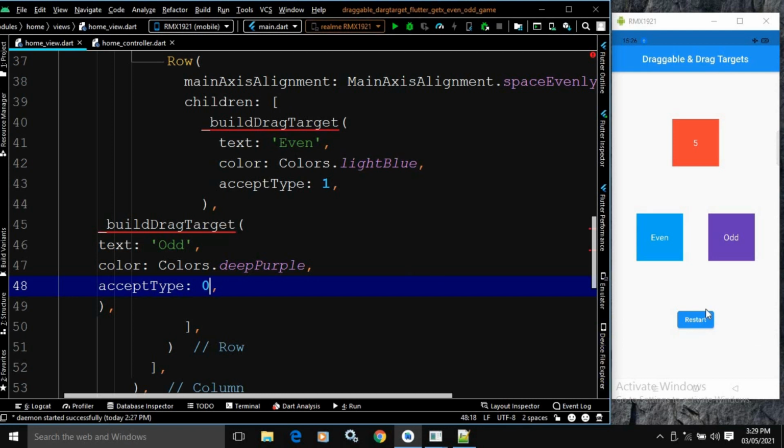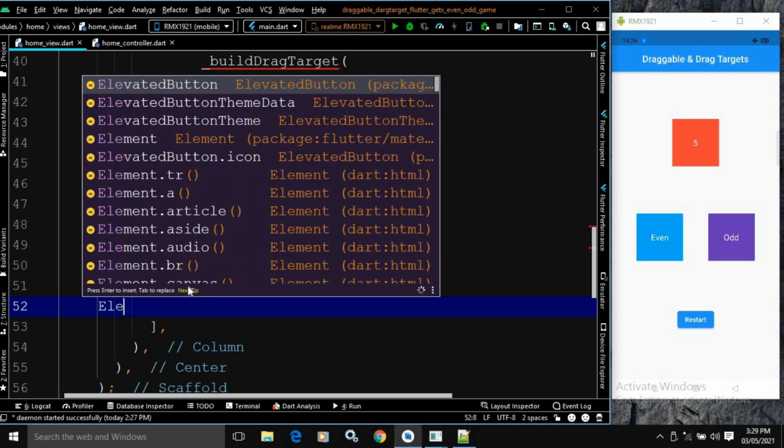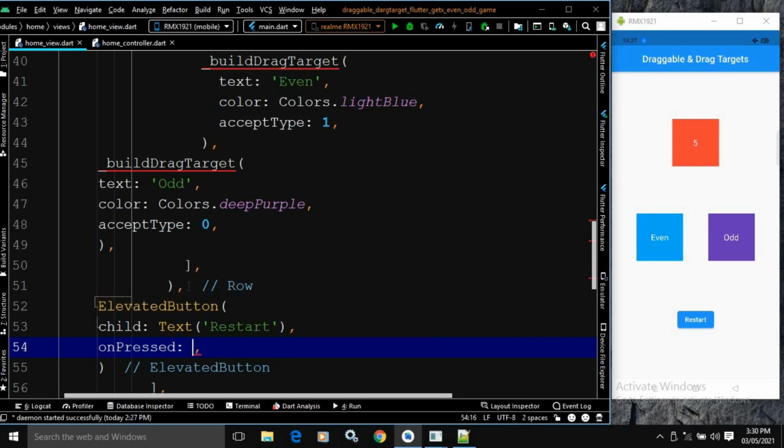Now after that, here you can see there is the restart button to restart the game, and so I will create the button as well. So here I will use elevated button. In the elevated button, here I will use the child. In the child, in the text widget, I will write restart, and in on pressed,